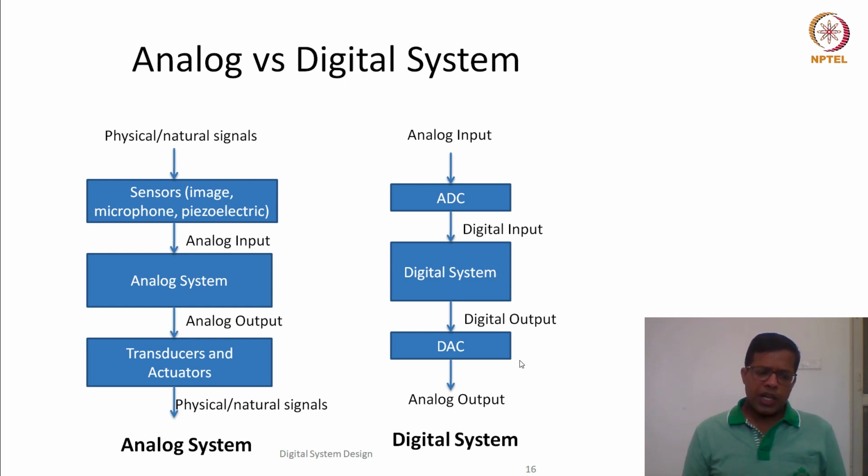Now again multiple questions arise here. The analog system seems to be straightforward, and it processes the analog signal, which looks more correct because it is continuous in space and time. But why are we studying this digital system? Is there any use? Is there any application? To understand this question, instead of giving a theoretical answer, first we'll look around us.